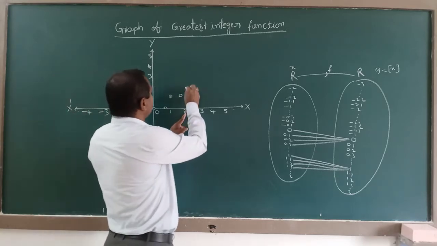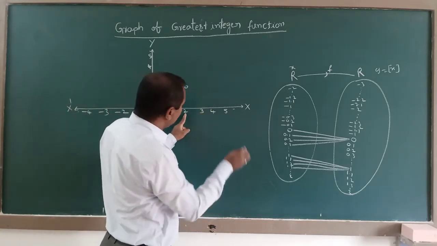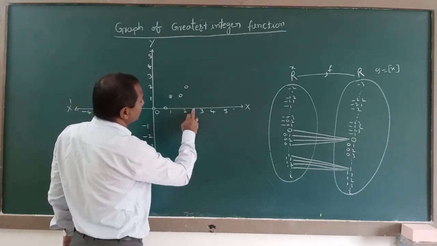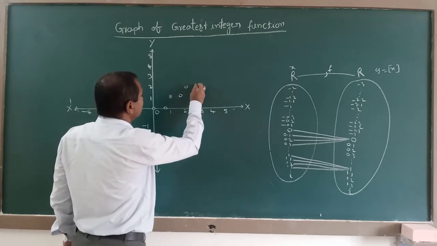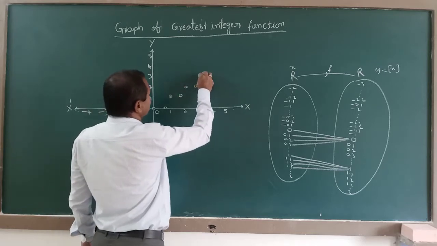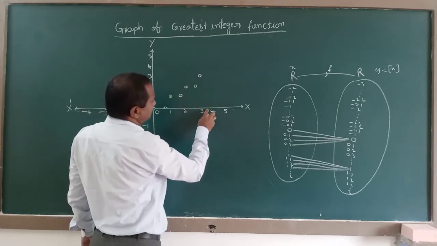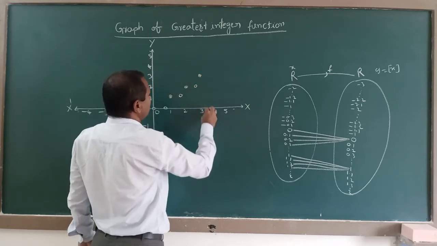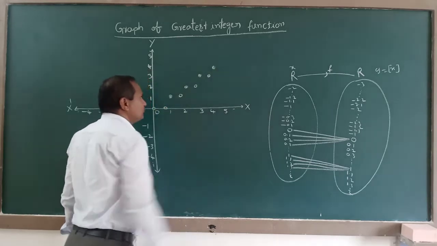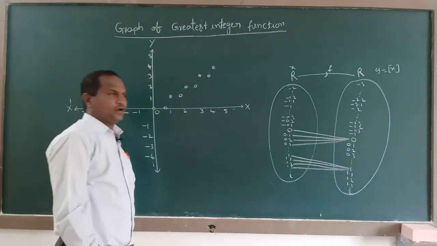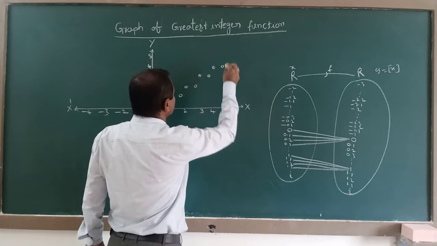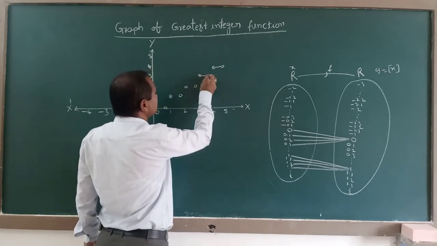Next 2 to 2. With the help of that example we can realize here 2.1, 2.2, 2.3, 2.23, to all those the function value is 2 only. Next 3 to 3: 3.1, 3.2, 3.3, 3.4, to all those the function value is 3 only. Like that 4 to 4, exact 4 to 4 is filled. Next 4.1, 4.2, 4.3, 4.12, to all those the function value is 4. Like that steps will come here.